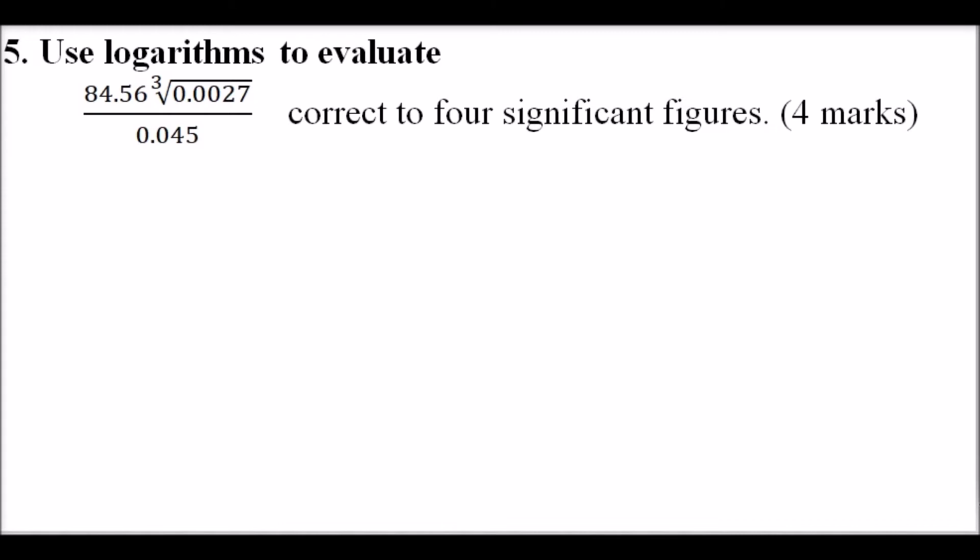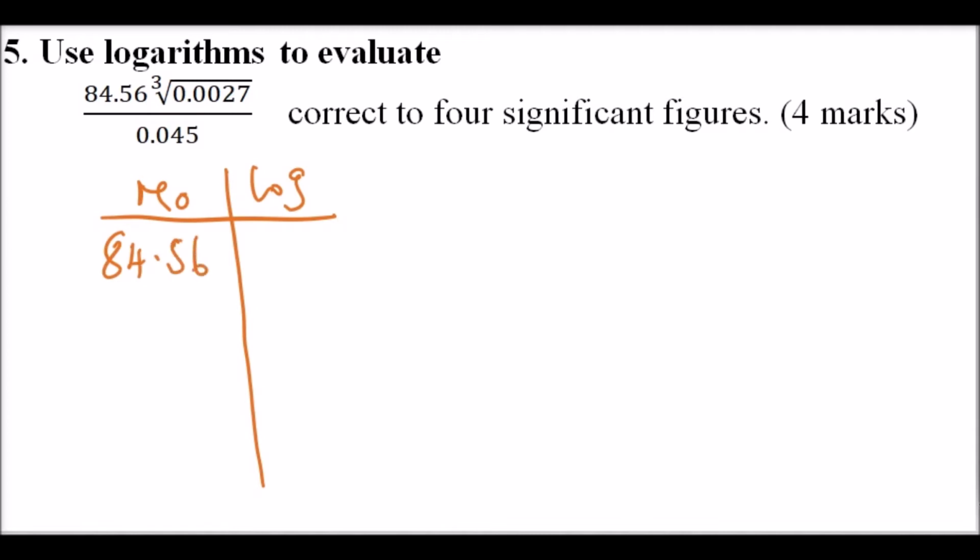So here you should note that in Form 2 you learned how to use logarithm tables. So you are supposed to use logarithm tables, not a calculator, because you are being tested whether you know how to read the logarithm tables and to manipulate, for example, the cube root of 0.0027. So the best way to approach this is to have a table where we have the number and the logarithm. First of all, we get the logarithm of